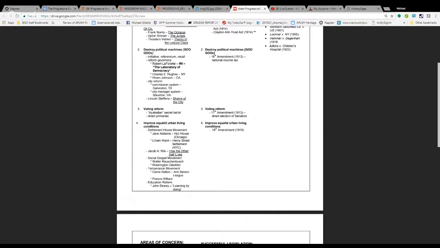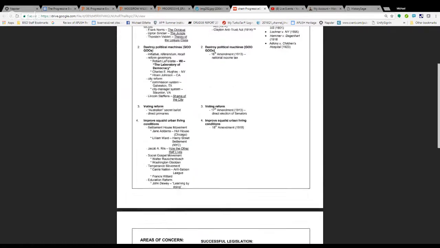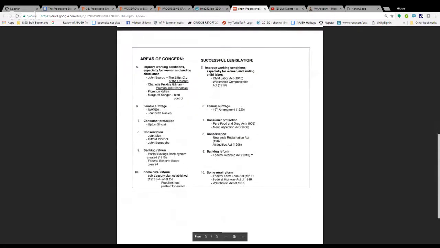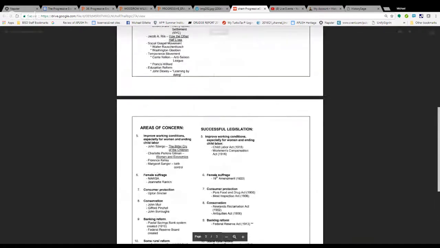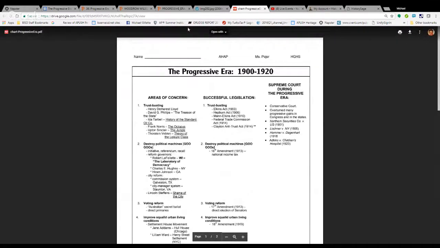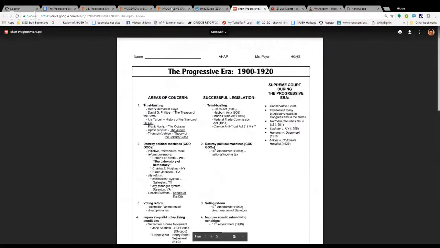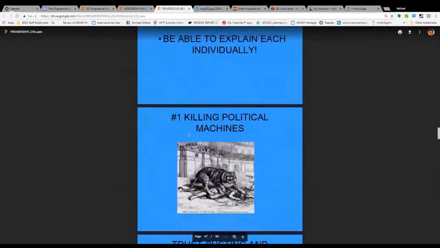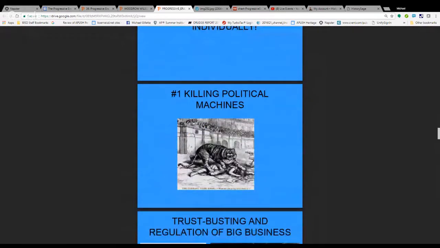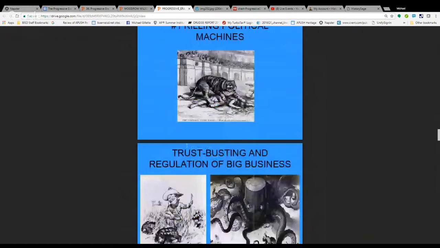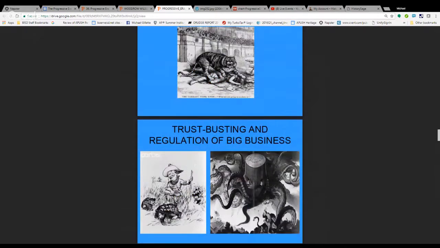So go through and just give a once over, and you can see all the different areas that the progressives were concerned in, what they worked in, and what type of successful legislation we had in each one. So I'm going to go back here. We look at the different areas: the killing of political machines, right? We've got trust busting, a major goal,